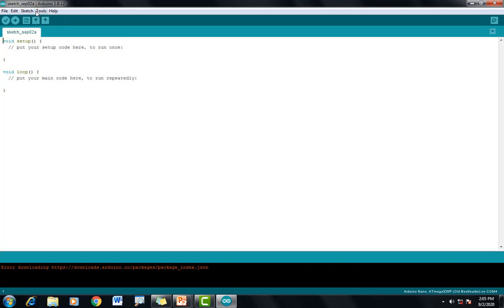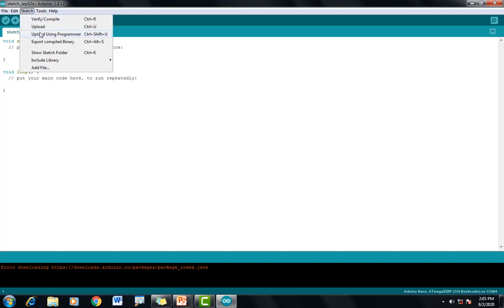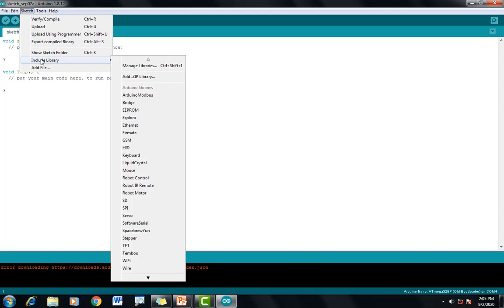So in Sketch, if you want to add any other libraries, for example you are working on some project and that device needs a library which is not installed by default, you can download it from Google, just search for that library. There are many developers who have made these libraries and uploaded them on GitHub.